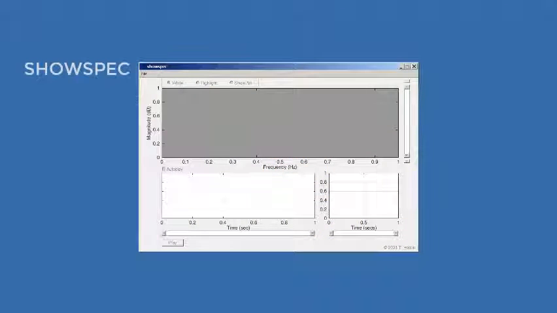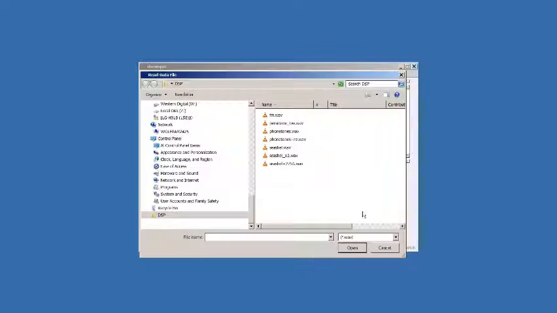This program, SHOWSPEC, demonstrates what a spectrogram is and how it is created. Let's start with a simple clip of speech